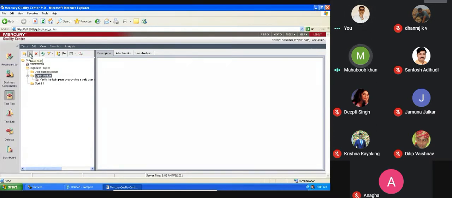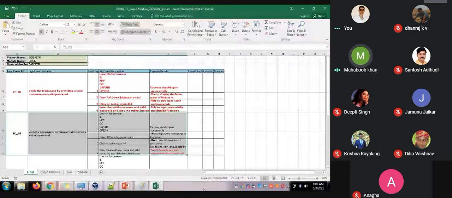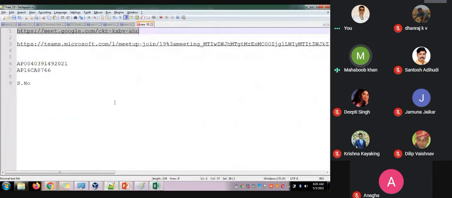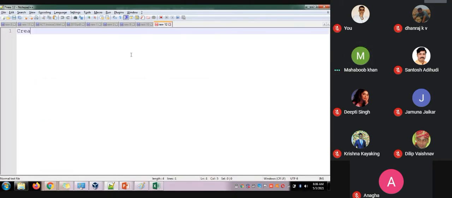Second. Guys, if you want, you can write. If the physical class is there, I will make you write. But right now I can't make you write, but from your end, start writing things. Creating a test case in Quality Center. Write it down in your notebook or somewhere, it will help you a lot. Like the first one, creating the test case in the test plan tab. So like this you need to create.